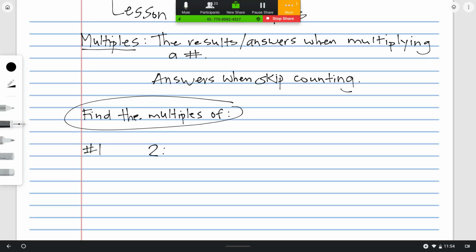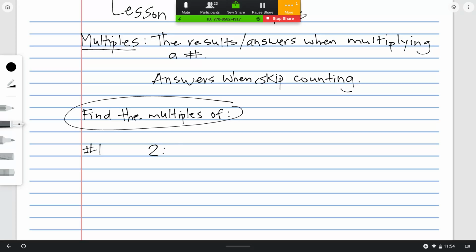Okay, so when I find the multiples, all I do is skip count. Okay. If you do not know how to skip count, that's just counting by the same number over and over and over. So, for example, if I am skip counting by twos, in my head I would say 2, 4, 6, 8, 10, 12, 14, 16, 18, 20. I'm going to go up to 10. Okay. That is counting the multiples. Okay, it's the answers that I can get whenever I multiply by 2, and it's just the exact same way